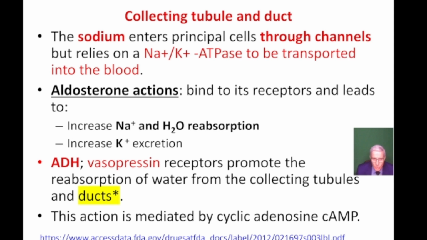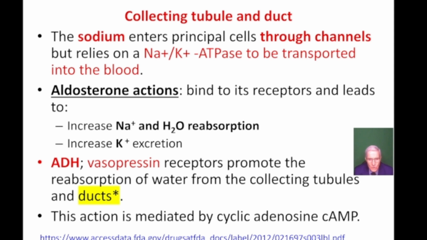So the sodium will enter the cells, then we have pumps that bring the sodium to the blood. What happens there? We have a hormone called aldosterone. Aldosterone affects the collecting tubule and collecting duct. We know that aldosterone is produced from